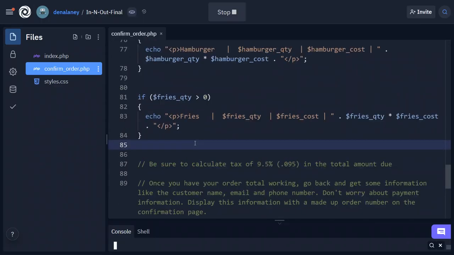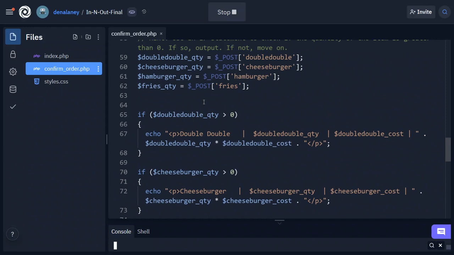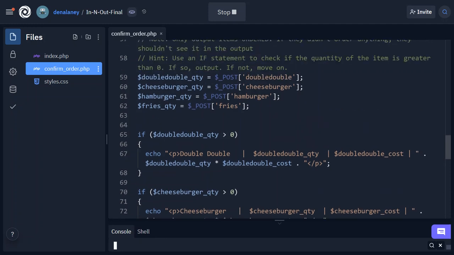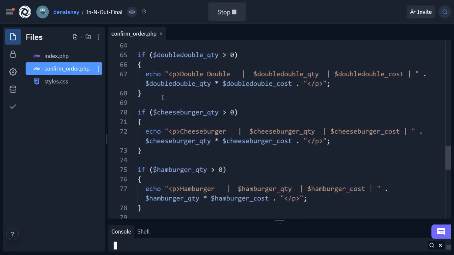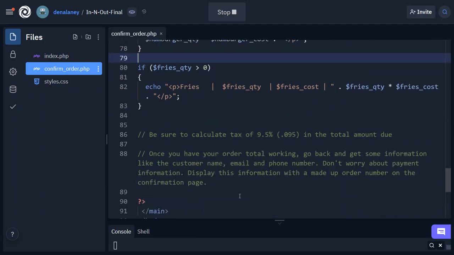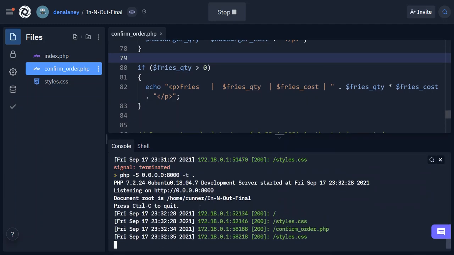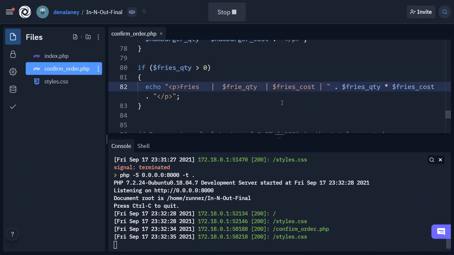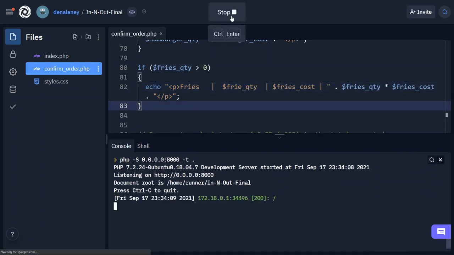So I really just need to do this with every other item that is on my menu, and you guessed it, I need you to pause the video and then you can go ahead and do all the other items. And I would like you to stop after you do 4 or 5, test it, make sure you don't have any errors. Be sure to take a look at the console window down here to make sure that when you're running it, if there is any errors, like for example, if I had this listed here as fry instead of fries,